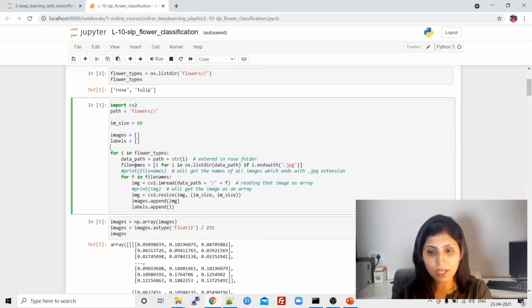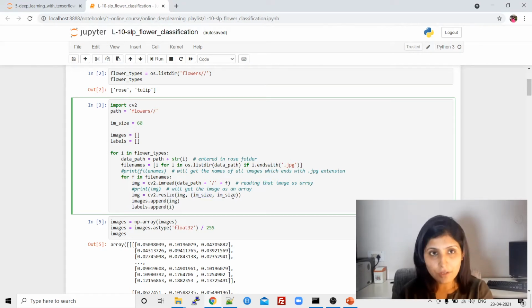So the data path variable enters a folder, and then gets all those images ending with .jpg. We are reading those images over here. After reading, we are resizing those images to this size, im size by im size. That simply means 60 by 60. We want to resize all the images to 60 by 60 size.